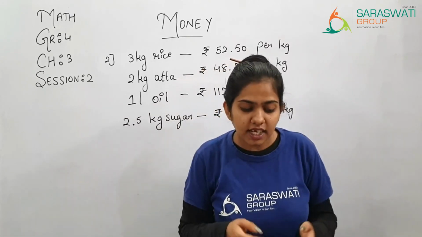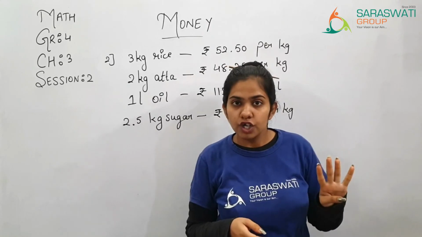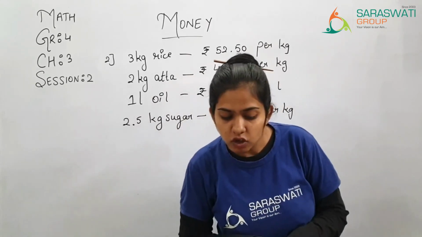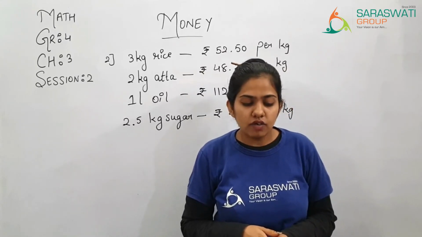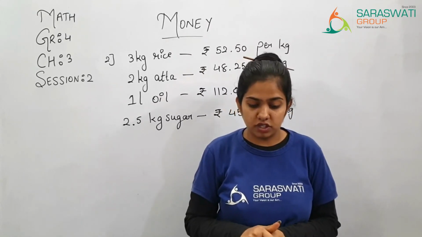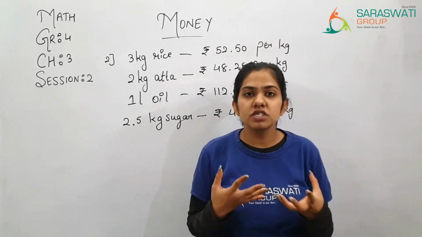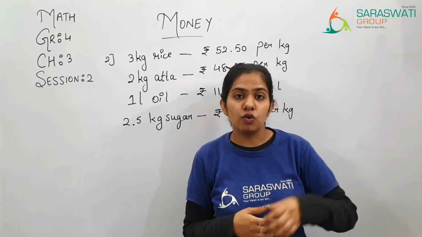Okay, then comes the next one, that is 42 children of class 4. कितने students? 42 children of class 4 went on a field trip to the local ice cream factory. Now if the total amount collected for the trip was 1050, so how much did each child pay? कि total amount 1050 collected, तो एक child per child वो कितना pay होगा?